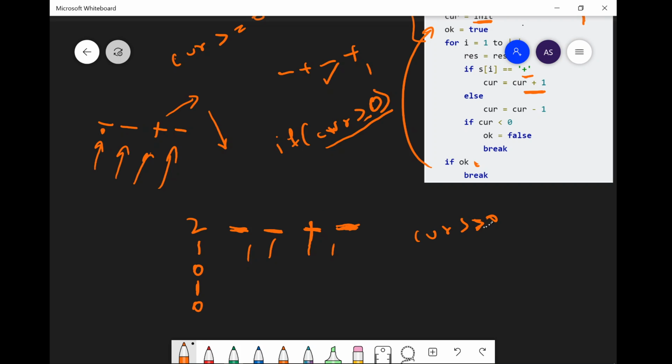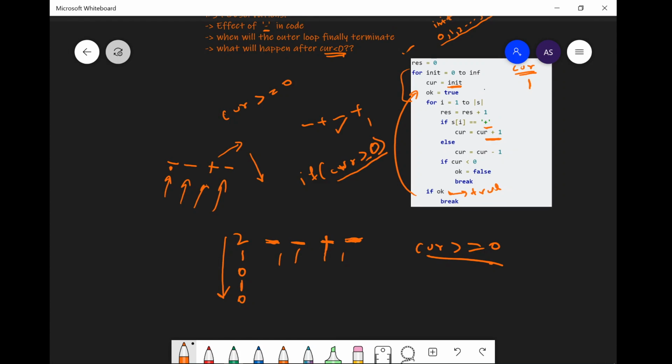So if we see, throughout this process current was always greater than or equal to 0. That means after this iteration the OK would be true, and we would be breaking.